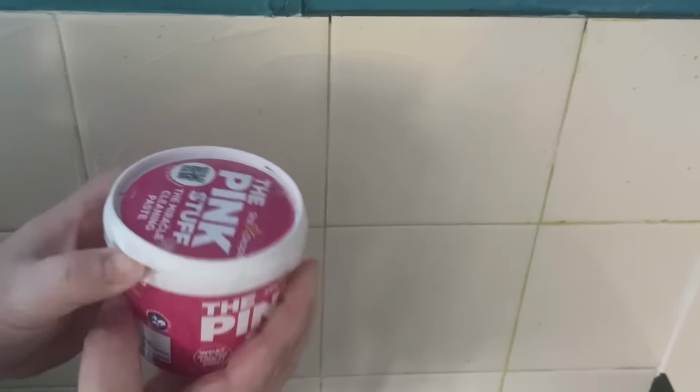That doesn't get a lot off. So I end up pulling out the trusty old Pink Stuff paste. When I tell you guys that the Pink Stuff paste cut through it like you would not believe, well, I'm not wrong. The Pink Stuff paste just whoosh and breezed through this without any problems. So my tiles now are all scrubbed and they are all clean, and there is no more food debris on them. And I will be making a bigger effort to make sure my kitchen is more clean and more hygienic,